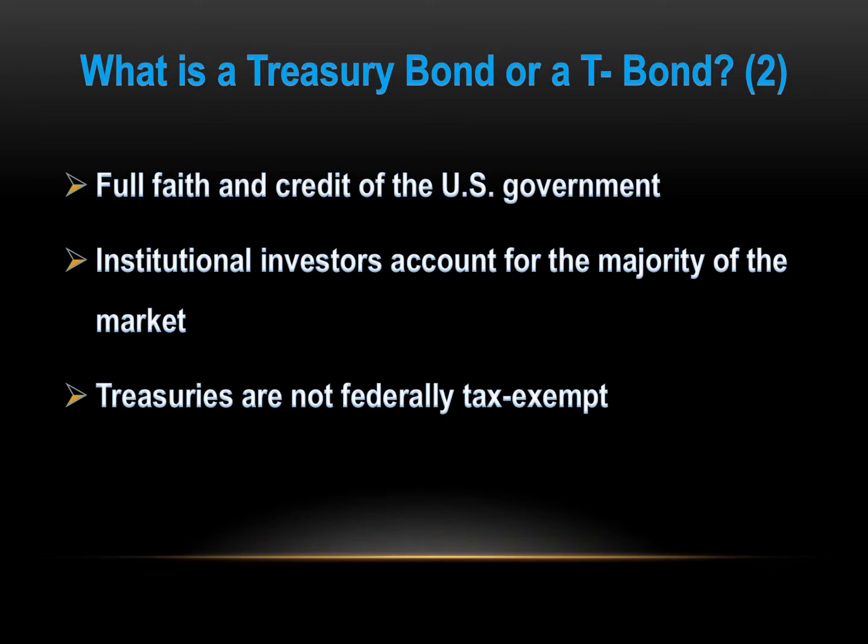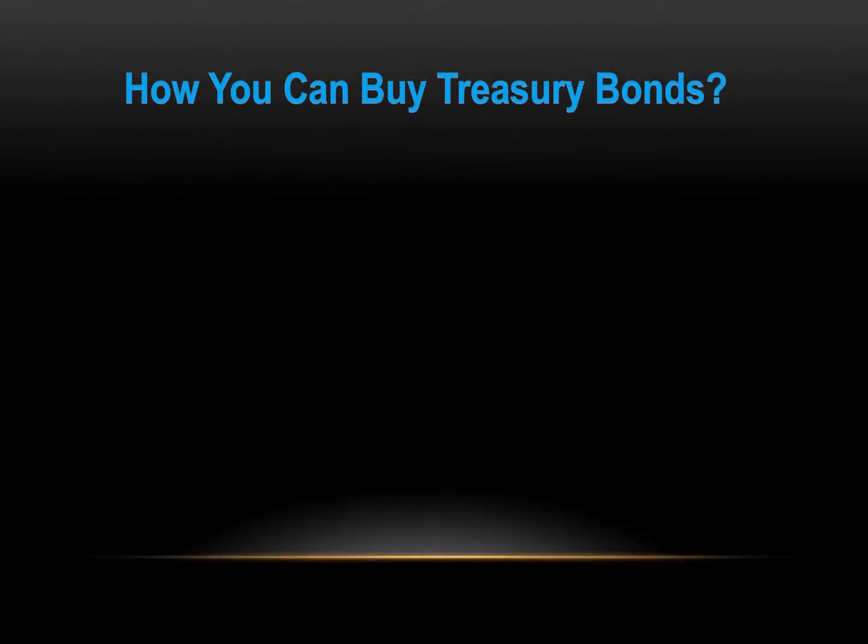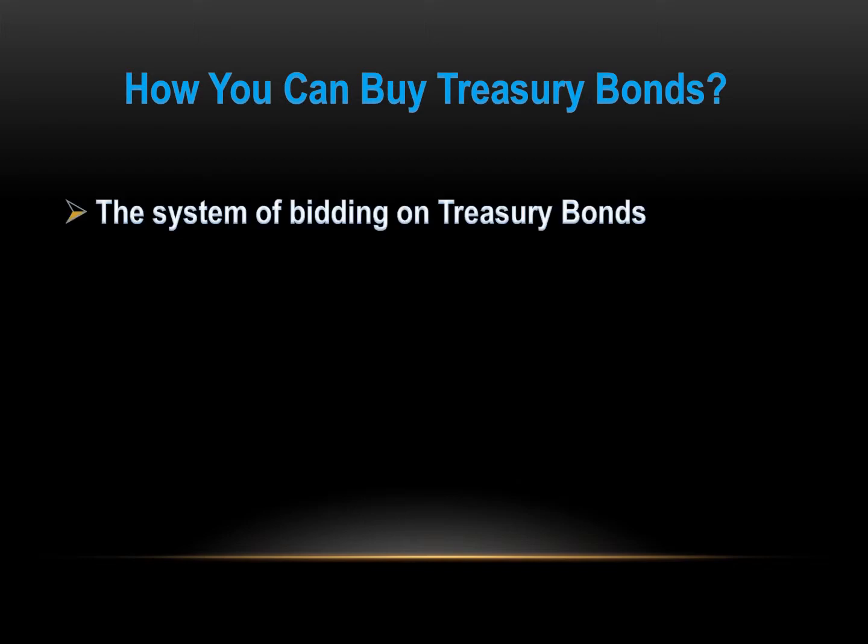Buying a treasury bond is not a difficult task. Anytime you talk about buying a treasury bond, you will always come across the term bidding, because essentially that is how an investor can acquire a T-bond after its issuance. The system of bidding on a treasury bond started around 1963 when banks and security firms bought them competitively. Nowadays, the Department of Treasury puts up 30-year bonds for auctions for 4 months of the year: February, May, August,